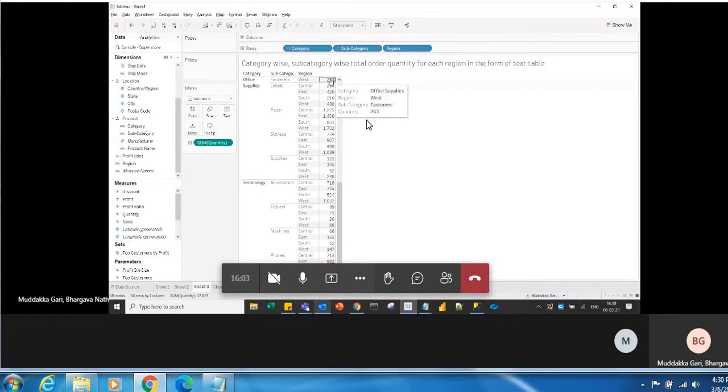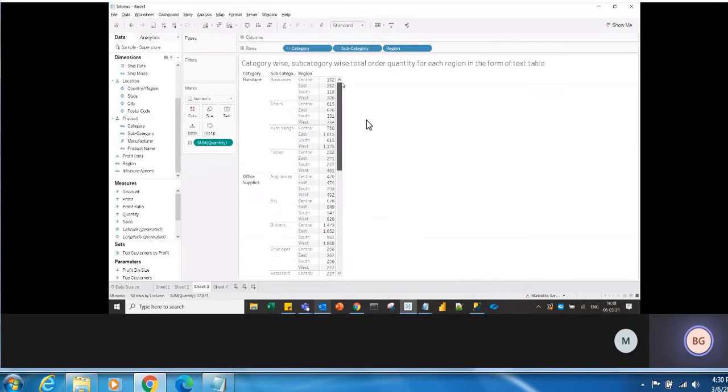Are you talking about the title on the head? So here the visualization shows, right? These numbers are nothing but the quantity because the text is showing here. So what measure have you dragged? You have dragged quantity. Even if you place the cursor, the tooltip will show the measure you are dragging. What is this number? This number is quantity, right?